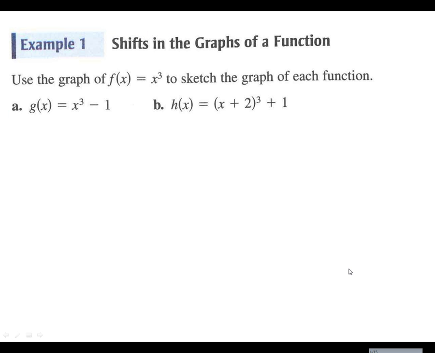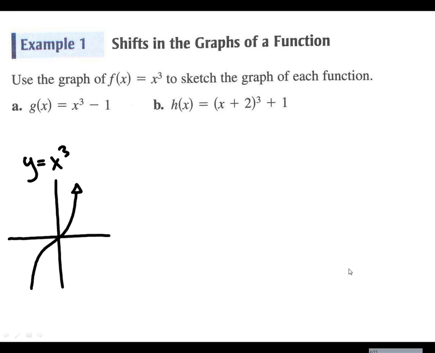Alright, so our first example, we want to take our parent function of x cubed. So let's real quick just remember what that looks like from our parent function list. That's our graph for y equals x cubed. So let's go ahead and see what happens if we say minus 1. This minus 1 is outside of the x. It's not inside the parentheses with it, so that's a vertical shift, and we're going to go down 1. So normally we would cross right here at 0. We're going to go down 1,